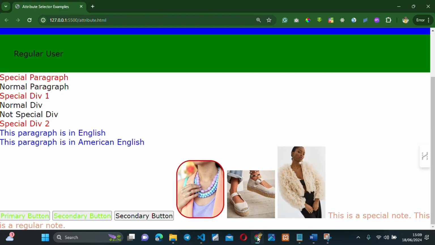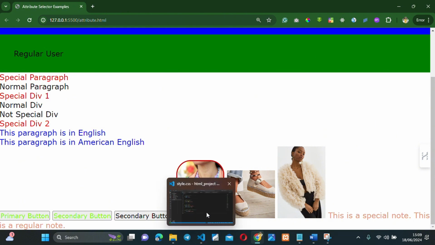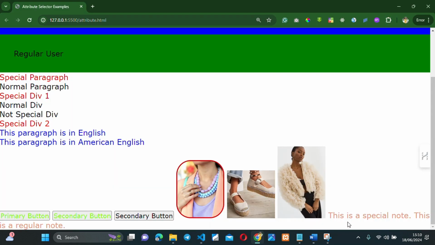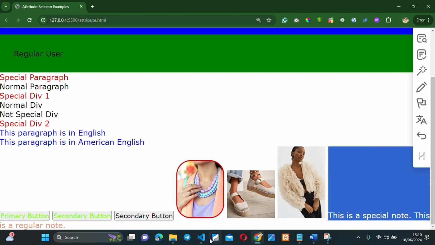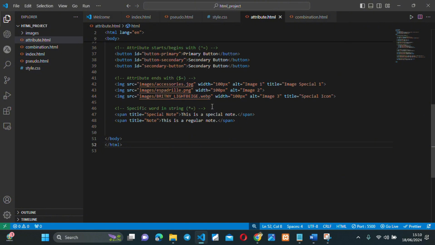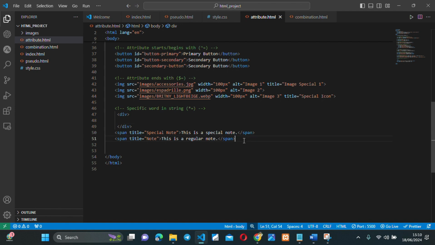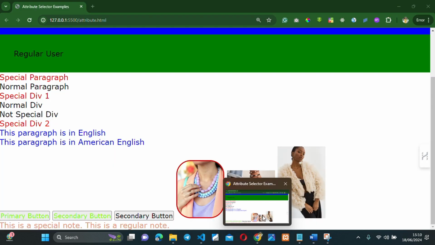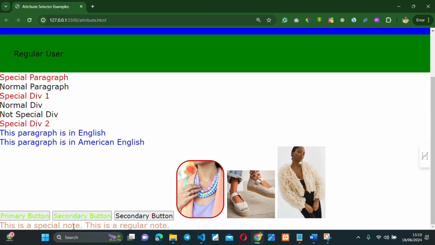All right. So, okay, you see, this is a regular note. Now, how many notes do we have in our HTML? We have, this is a special note. This is a regular note. Okay. So which one do we see there? See, this is a special note. Okay, let's put this in a div so we can see it clearly. All right. So this is a special note. This is a regular note